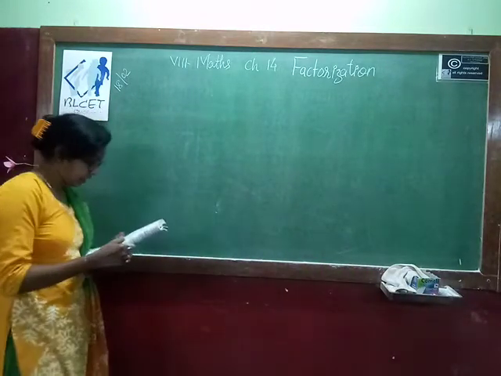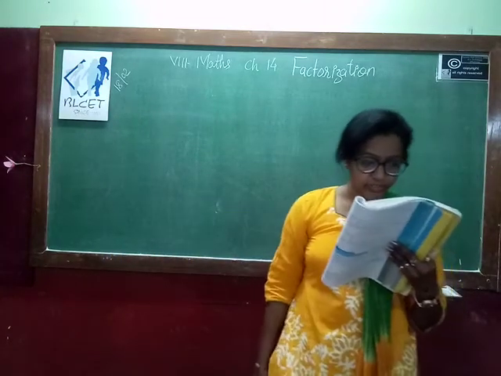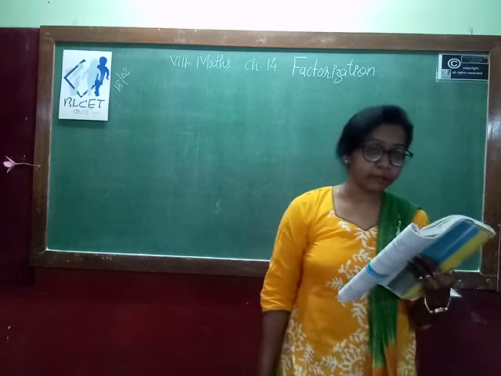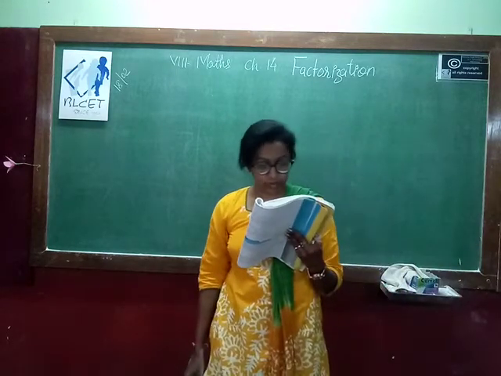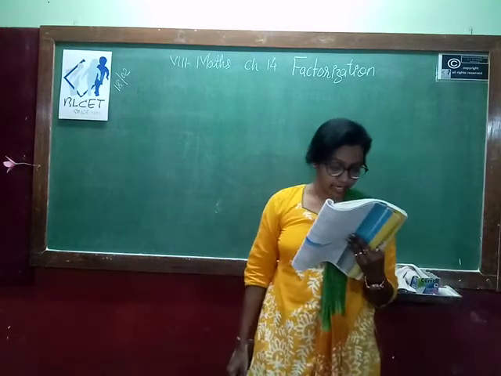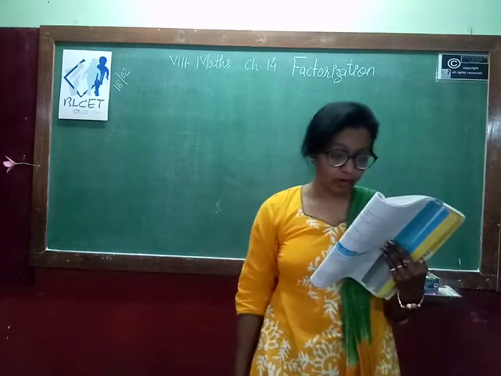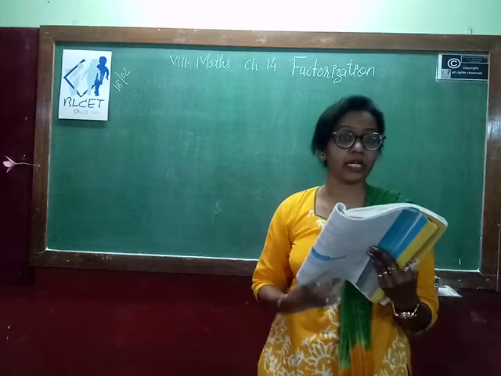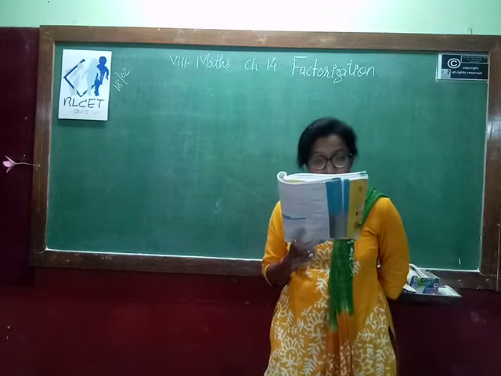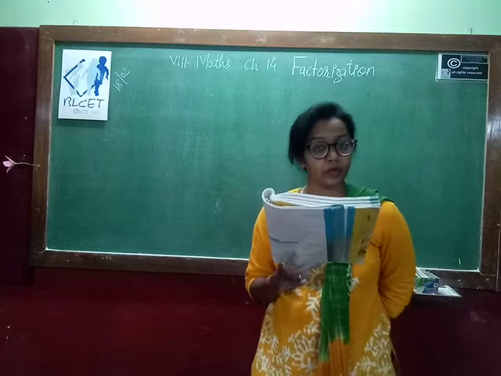So before that we understand what is factorization. When we factorize an algebraic expression, we write it as a product of factors, and the factors may be numbers, algebraic variables or algebraic expressions. Expressions like 3xy, 5xy, 2x, y plus 2, 5, y plus 1, x plus 2 are already in factor form because we cannot get any reducible term from this. So their factors can be just read off from them. We already know about that.